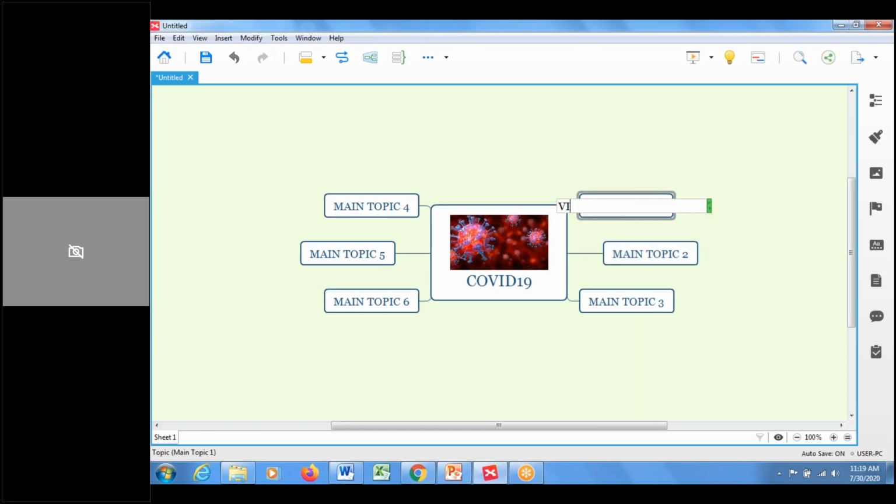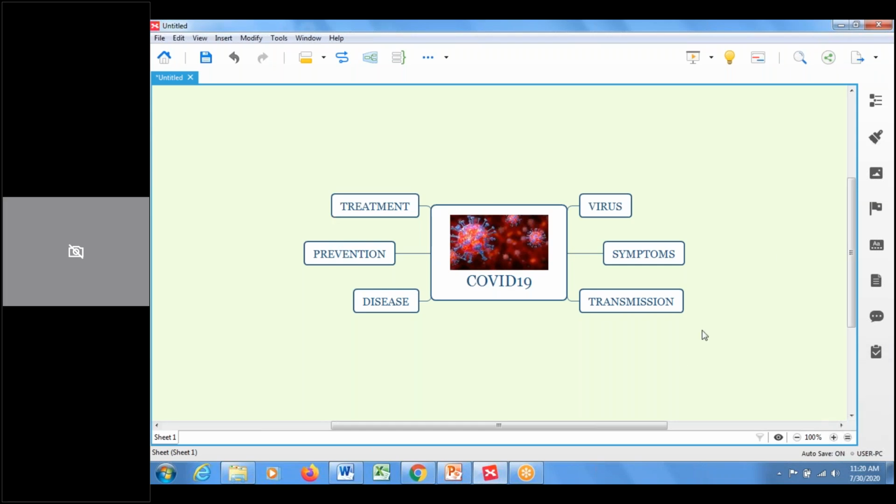I can go and type. What is the first one? It's a virus. What is the second one? Maybe I want to talk about the symptoms of this particular disease. And third one, I want to say how this disease is getting transmitted from person to person. And fourth one, I want to talk about the treatment. What kind of treatments are available for this disease? And then I should talk about prevention, how we can prevent this disease. And I will tell the people what is the nature of this disease. Fine. So I would like to present the idea about COVID-19 in terms of 6 major branches.